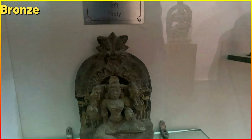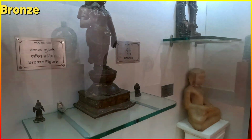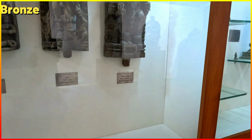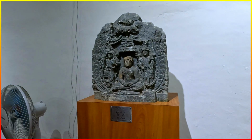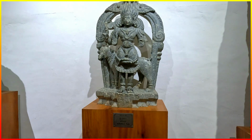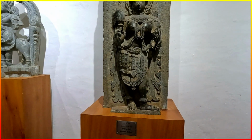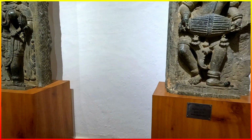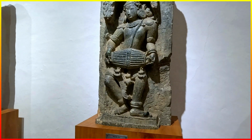These sculptures are arranged properly in the corners of the room, and a small name has been provided for the idols there. They have preserved the sculptures of the Hoysala dynasties, which have been written in bronze metals. So all those coins, knives, the tools used during their warfare, and the vessels, some of those items are well preserved here, and you can have a look at this interior hall